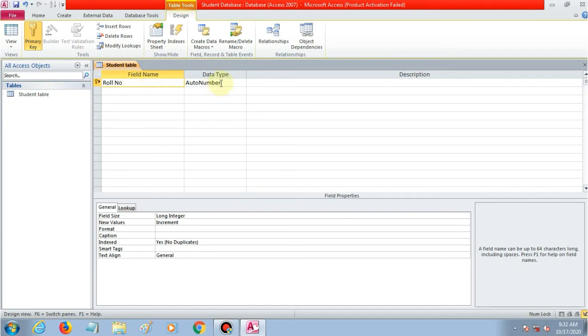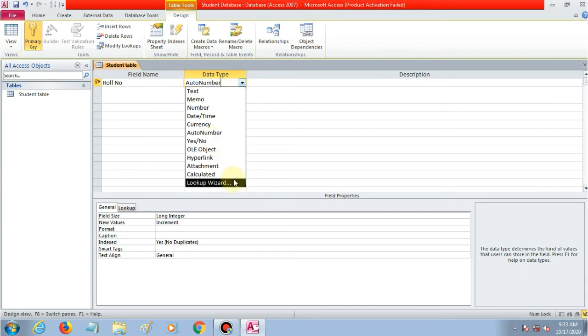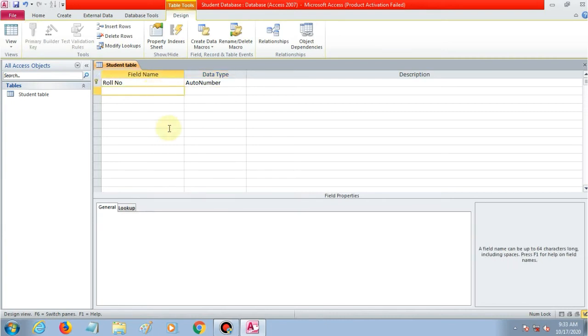Then in data type you can see auto number is selected by default. If you want to select any other data type you can select from here, but for a primary key it is good to select auto number, because as you enter data in a table of the database, the numbers in the primary key field, that is in roll number, will be filled automatically. So the next field can be set as student